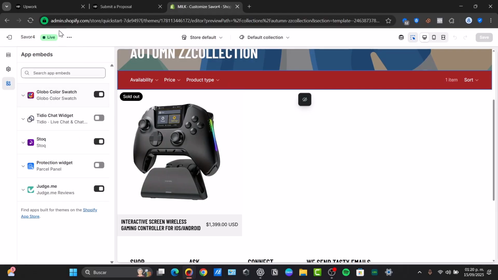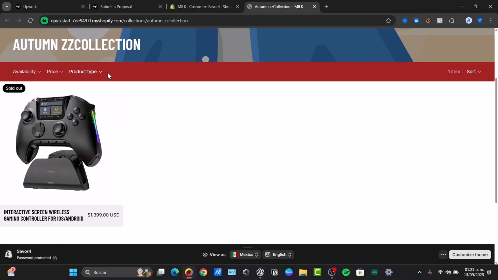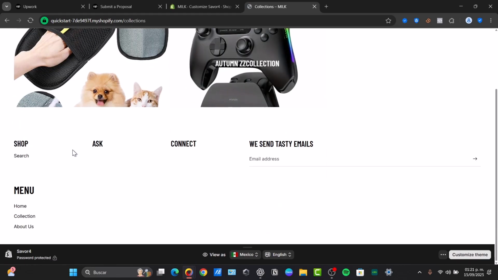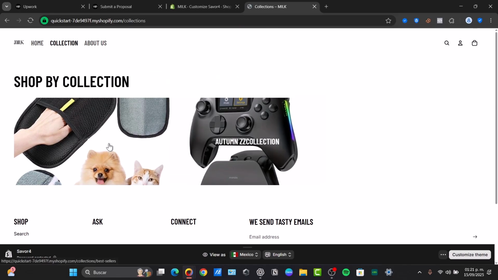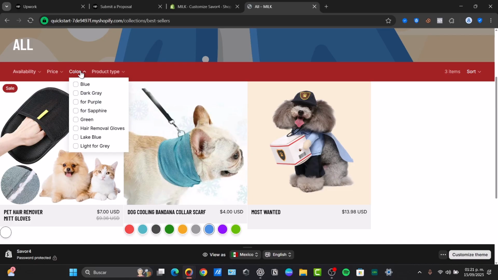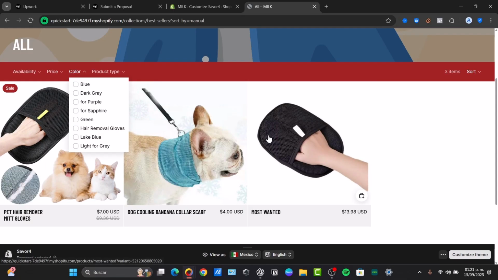and when you finish, let's go for the option that says view. With this in mind, I can check out my products, and you can see that here at the upper side we now have the availability of my products, the price, and the product type, depending of course on the collection that we are currently trying to aim for. So this is how we can check out our products, and I can sort them by, for example, let's go only for blue products, and here's an actual blue product. Everything is working correctly. So guys,